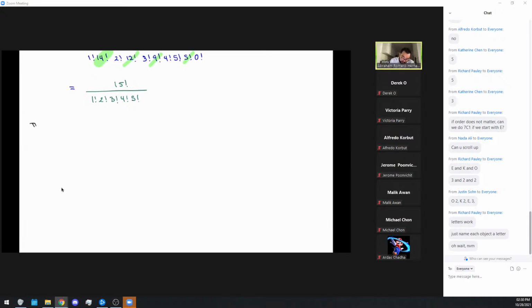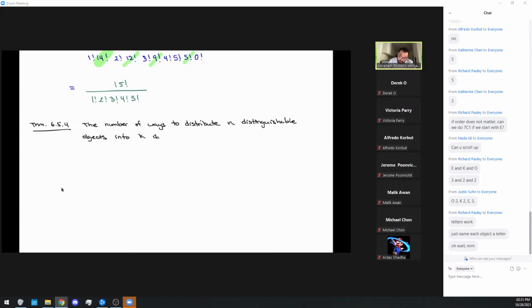Theorem 6.5.4, the number of ways to distribute, because that's what we're doing with distributing, distinguishable objects